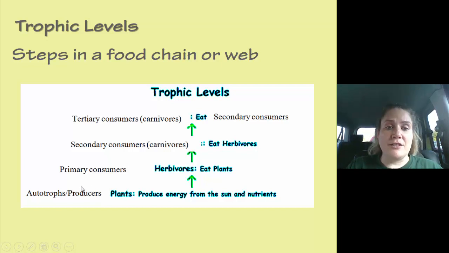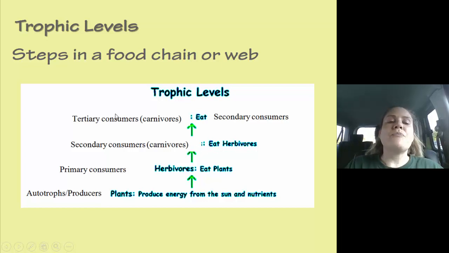Now, you heard me rant about producers not being primary, right? I'm totally okay with consumers being primary, because look what's next. There are secondary consumers. Secondary consumers are a thing. Secondary consumers eat the primary consumers. They're the ones who are going to eat these guys. So your herbivores are eating the plants. Those are your primary consumers. And then you've got carnivores that are going to eat the herbivores, okay? So you might have here the grass, and then here's the rabbit, and then here's the hawk that's going to